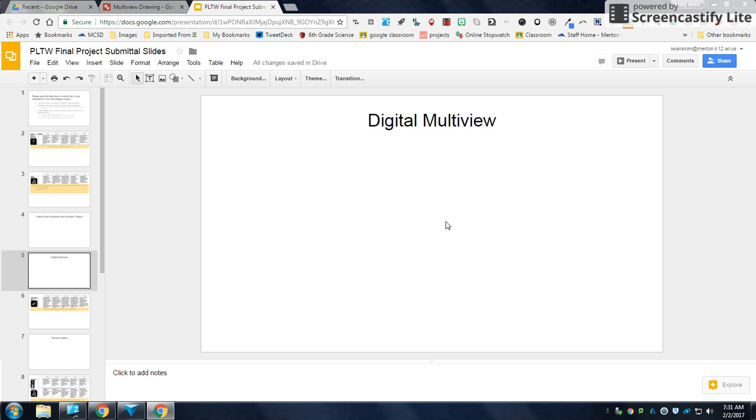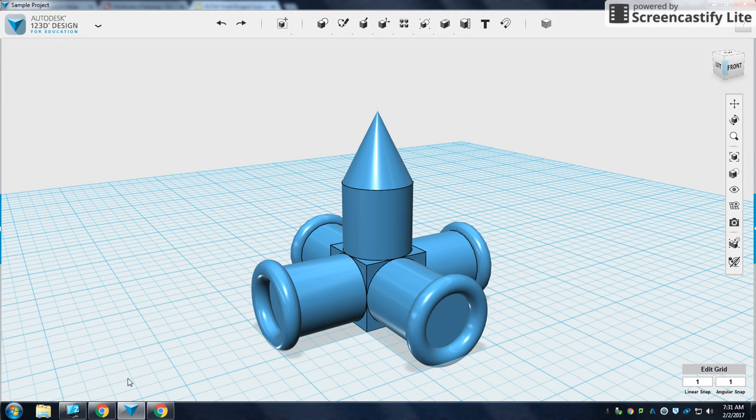Today I'm going to show you how to make the digital multi-view that you'll need in your final submittal slides for your PLTW project. So I'm in 123D Design, and this is the toy that I have created. And now I need to make that multi-view in the digital way. If we had the premium version, 123D would do some drawing files for you. But since we aren't using that version, we're going to put together our own way of making these